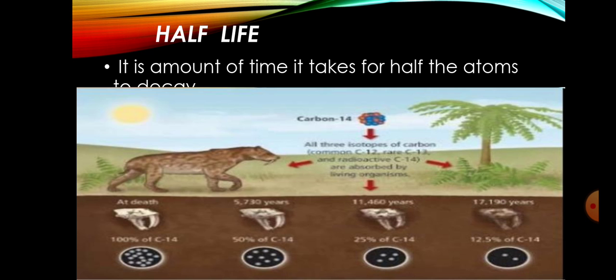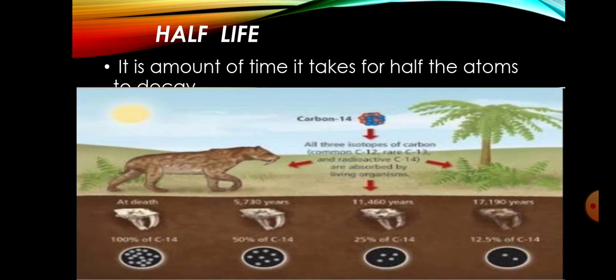Then half life is the amount of time it takes for half the atoms to decay. Half life means that half the radioactive atoms decay, meaning the radioactive atoms start to decay until they reach half of the original atoms. Like you can see, the carbon 14 is taken in by the plants and animals, but when the plants and animals die,